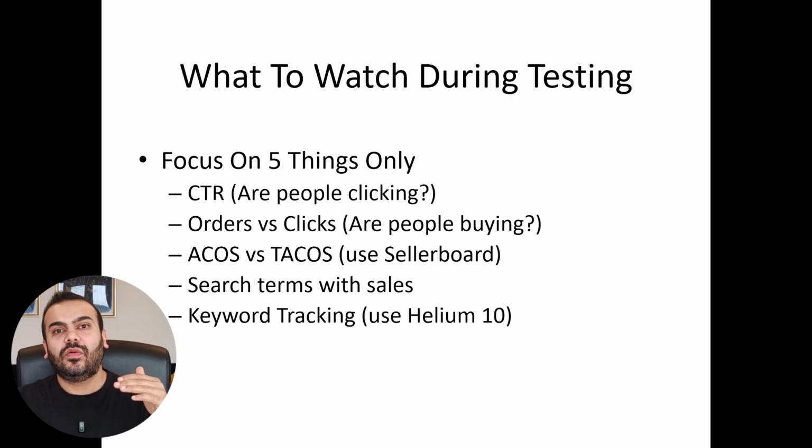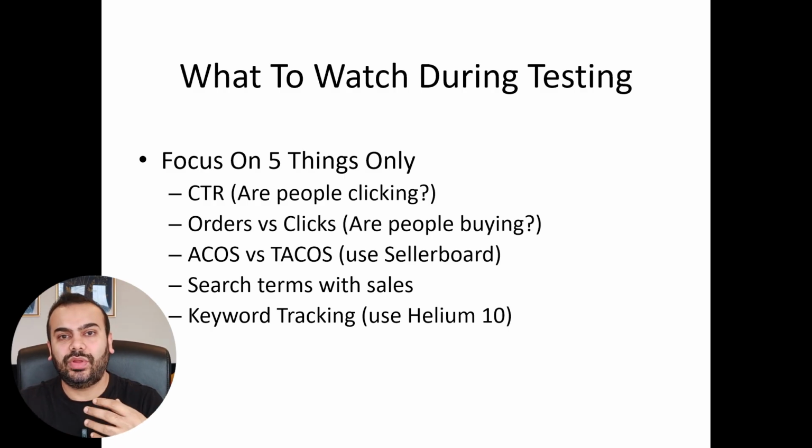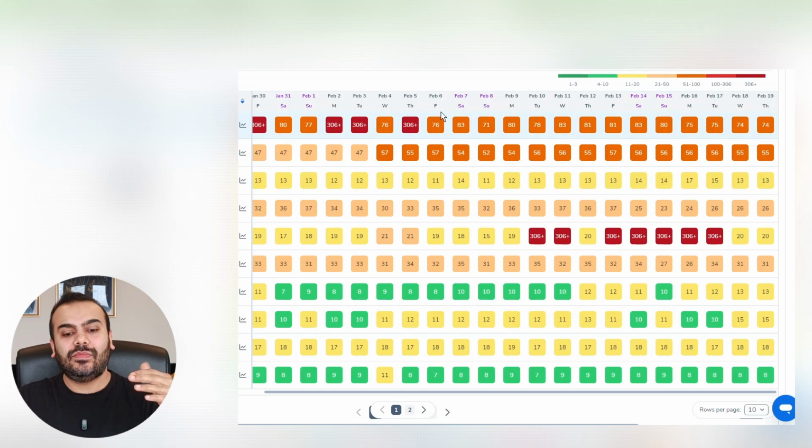The other thing you want to look out for is keyword tracking. Keyword tracking is when you track all your keywords, how they are performing in Amazon and what place they are showing on. It's impossible to do it manually. You need some sort of software. The software I use is Helium, and Helium will track all your keywords 24 hours a day and will tell you where you are showing up. Helium will show you a kind of heat map, and it'll tell you day by day your performance